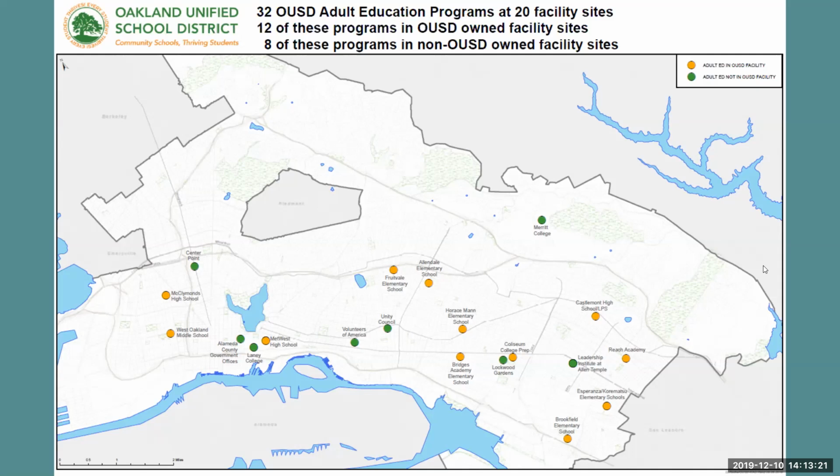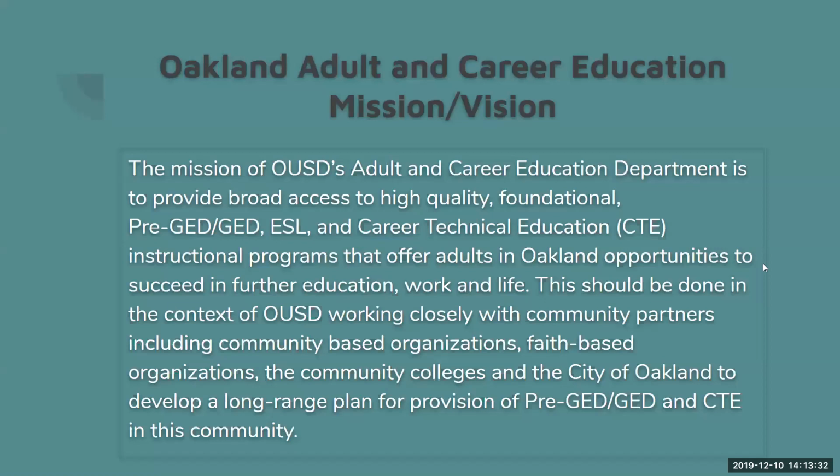As we began adding courses, sites, and programs throughout the city, we thought, in addition to all this, that we needed to have a mission and a vision. So we developed a mission and a vision for our program. We had to reimagine ourselves and develop a vision of what we wanted to be. Right now, our mission and vision is providing adult education courses, including pre-GED, high school diploma, ESL, and CTE throughout